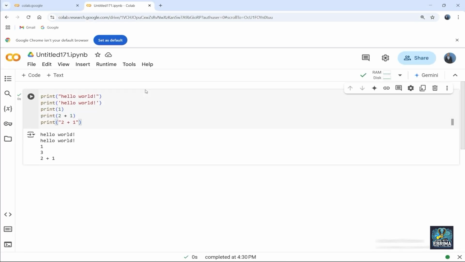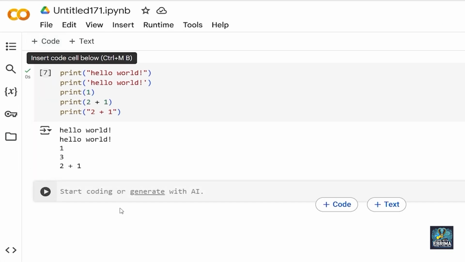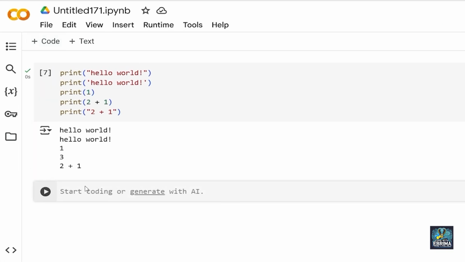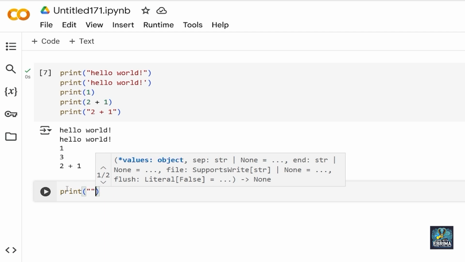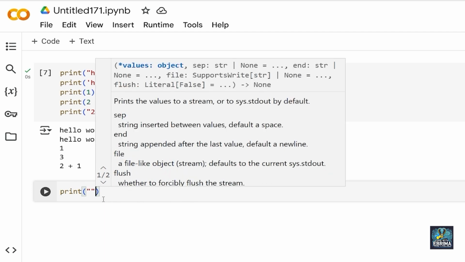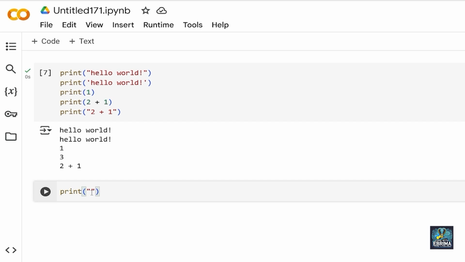All right, let's continue. Now we are going to move ahead with multiple objects. So now I'm going to come here and click code, and come down here. We said multiple objects are separated by a comma. So now I'm going to type print, bracket open, bracket close. Let's not forget our quote, and then we input, let's say, Python.